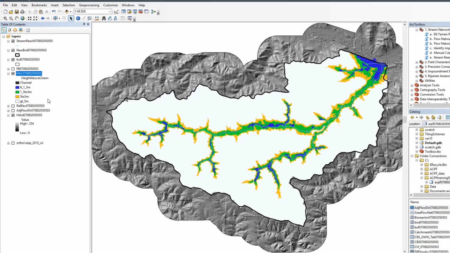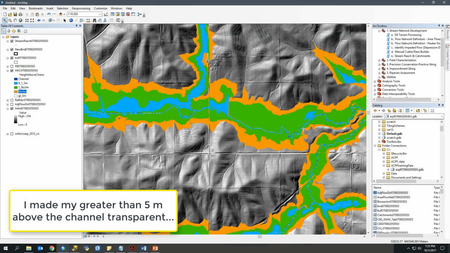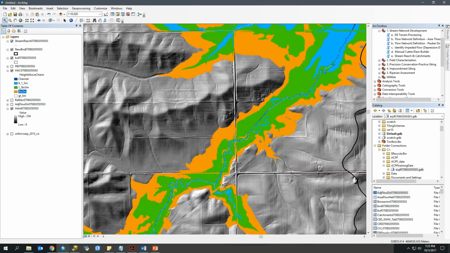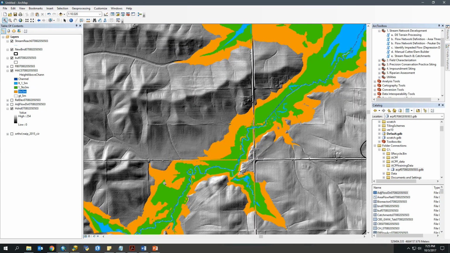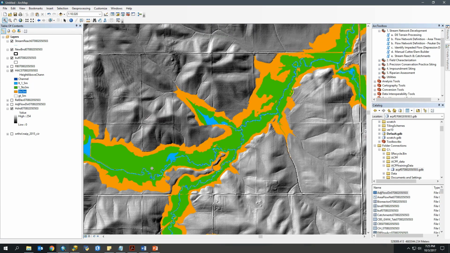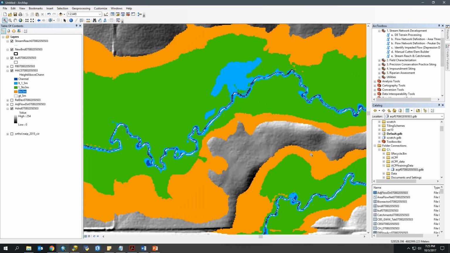So looking around, we can get an idea of our water table depth. That's what we can learn the most from this, besides sort of the shape of the channel and floodplain.